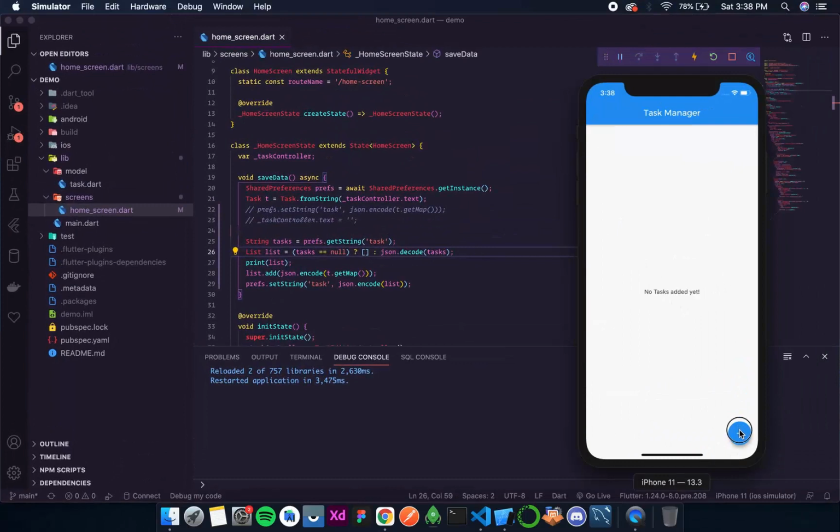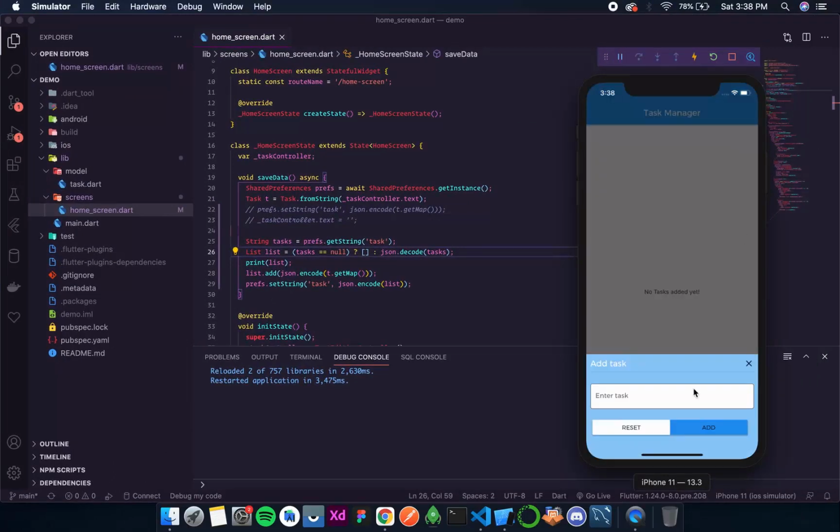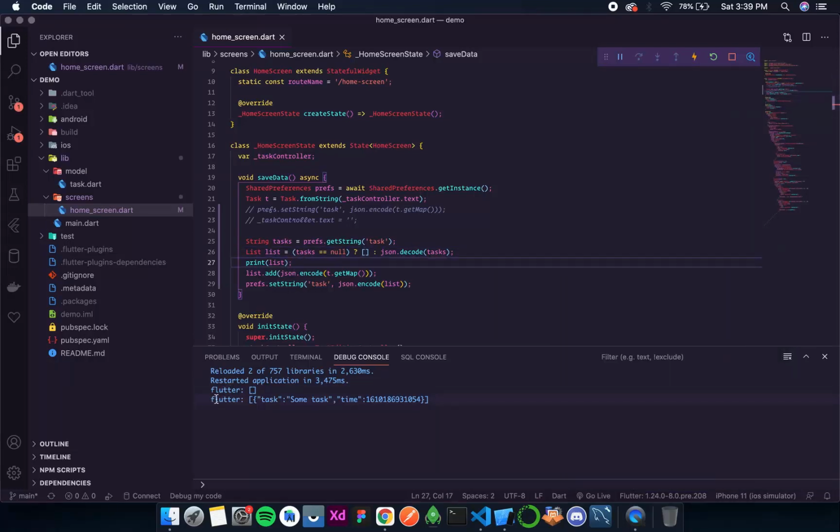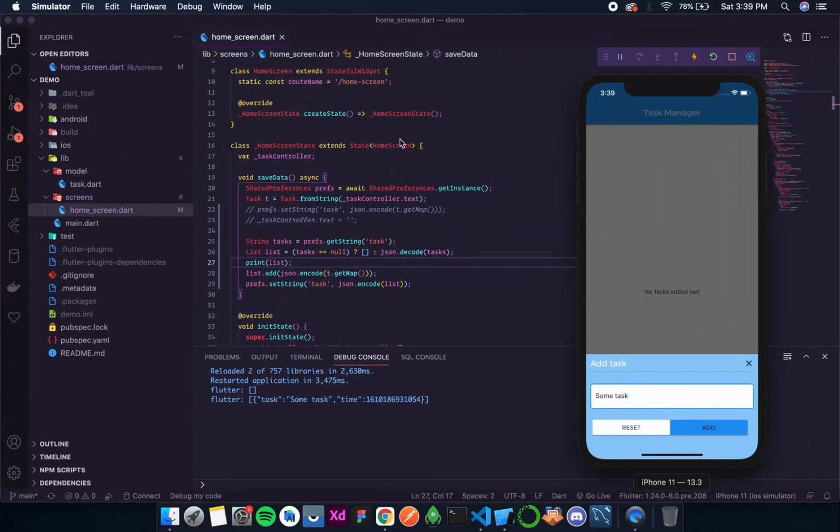So restart is done. Now let's add some task, and then I click on add, and then for now we are getting this. And now if I click on this again, so now the task was stored the first time, and in the second time it is retrieved, and then this print statement executes, and this is printed on the console, and then after that again we get this task added in the list, and then we again store it in the shared preferences. So I hope these 5 lines are clear to you.